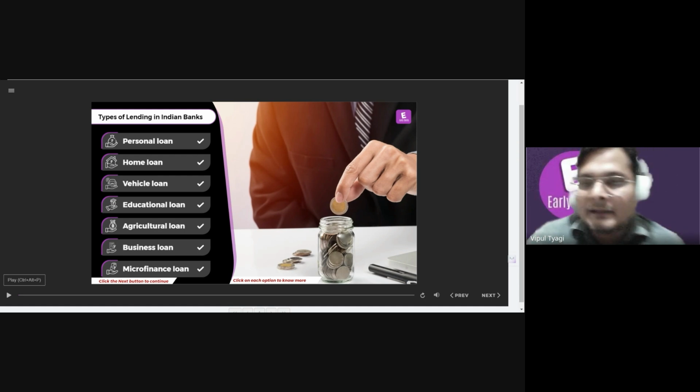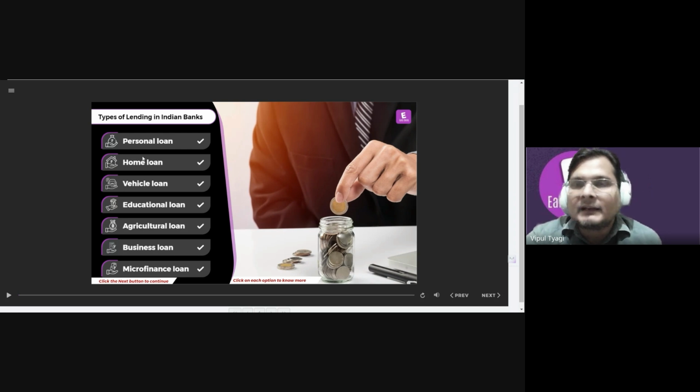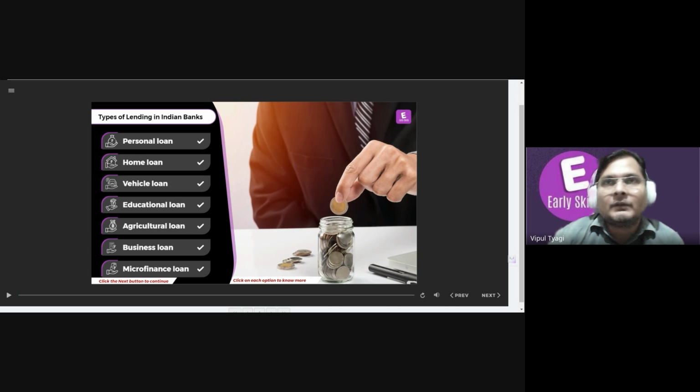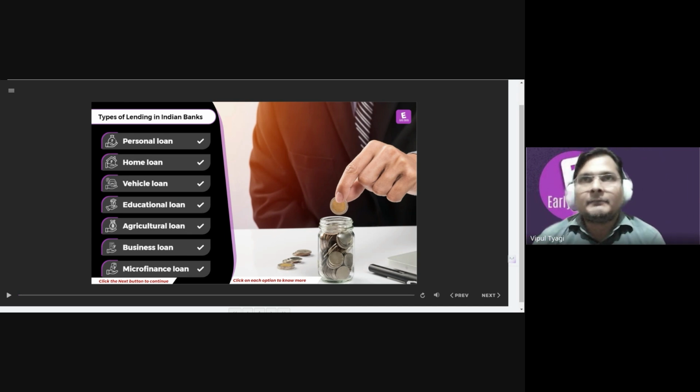Okay, and the interest rate on personal loans is a little bit higher than on other loans. Why? Because this is an unsecured loan. The bank is taking a risk. If a person who has taken the personal loan does not repay the loan back, it would be a bit difficult for the bank to recover this money, because they do not have any collateral or security which they can sell to recover the money. The bank has nothing. So unsecured loans are given to people who are earning some income, but these are unsecured